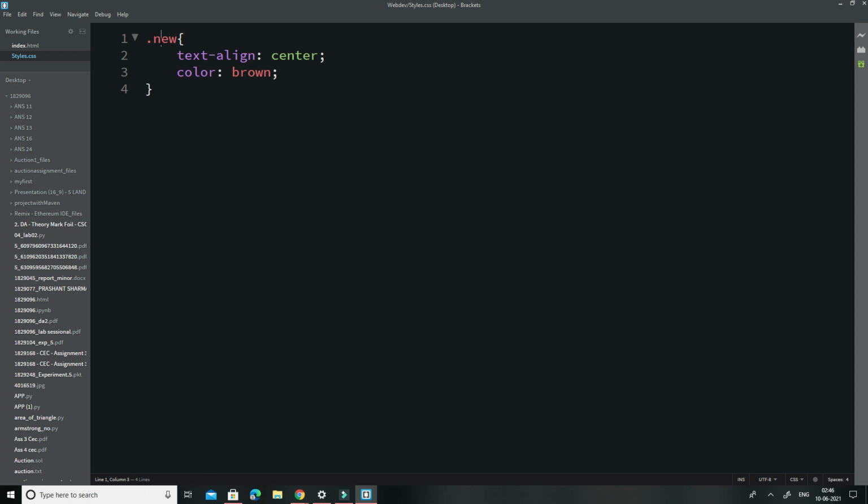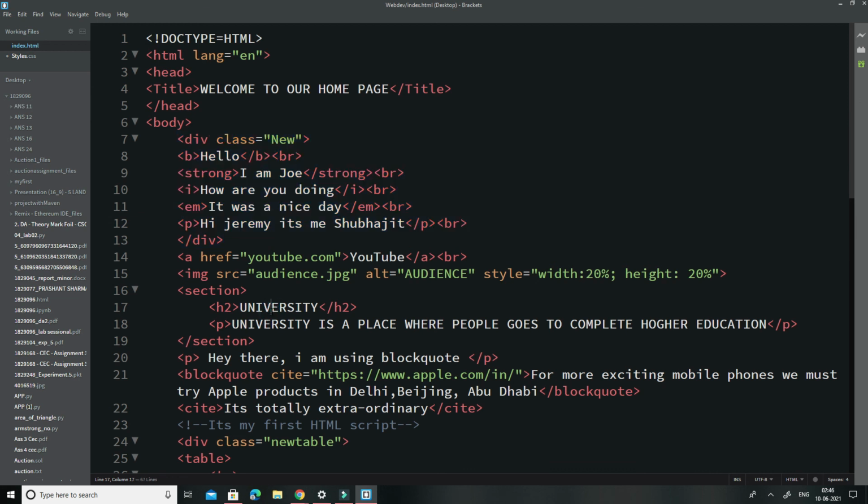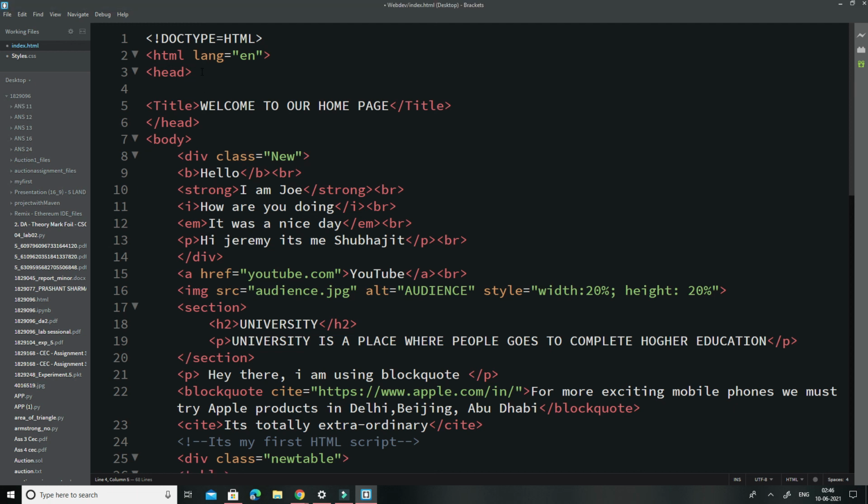And now you come to the index.html page. So for implementing the changes which you made in the HTML page, you need to just write another syntax.